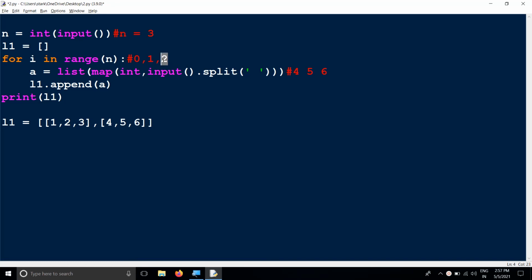For i equal to 2, we take 7 space 8 space 9, and we are appending the values to L1. So you are getting the output 7 comma 8 comma 9. This is how we have to get the output when we execute this one.